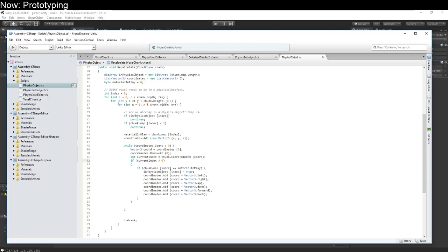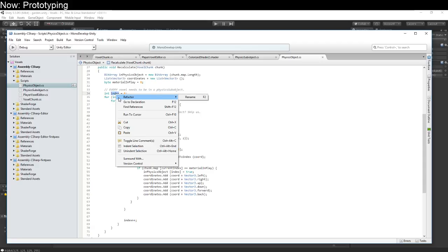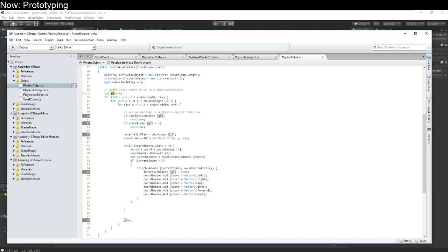I don't feel like doing that. Okay, so let's go ahead and clean up this index stuff. There we are. So that should work. What we're doing is going through all of the coordinates that we specify,